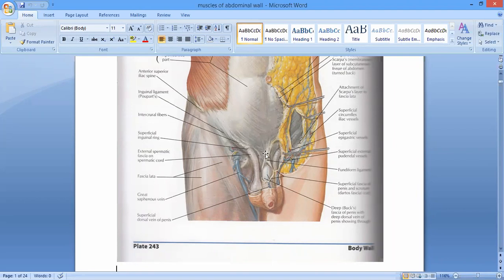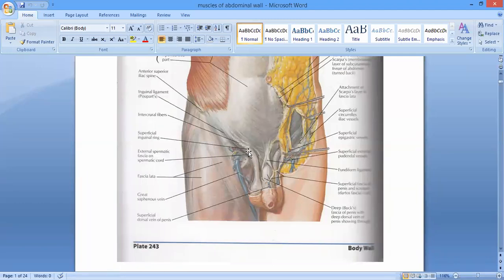हम पढ़ते हैं ना जी inguinal ligament, आपने काफी पढ़ा है. तो ये inguinal ligament बनता कैसे है? It is basically the lowest fibers of this aponeurosis of the external oblique. They are rolled on itself, folded back on itself, and form the ligament between the anterior superior iliac spine and the pubic tubercle, and that is called the inguinal ligament. It is also called Poupart's ligament, P-O-U-P-A-R-T apostrophe S. Is it clear, ji? Now you understand कि inguinal ligament कैसे बनता है? It is basically rolling back of the fibers of the external oblique aponeurosis inferiorly.